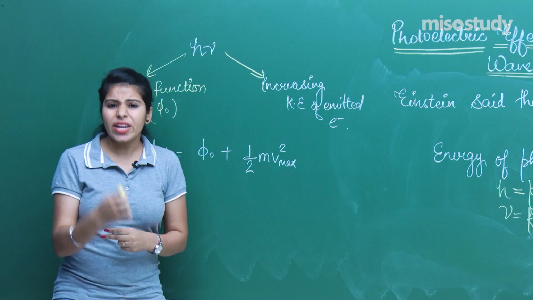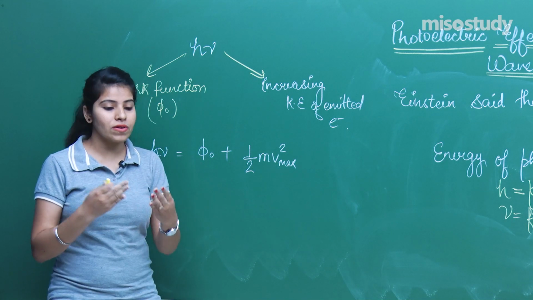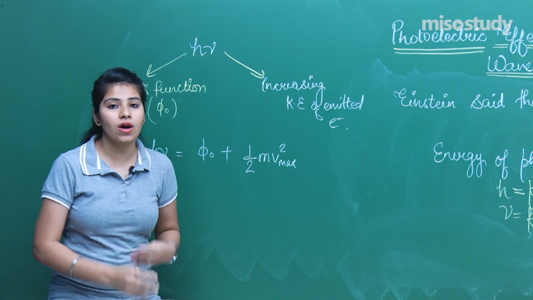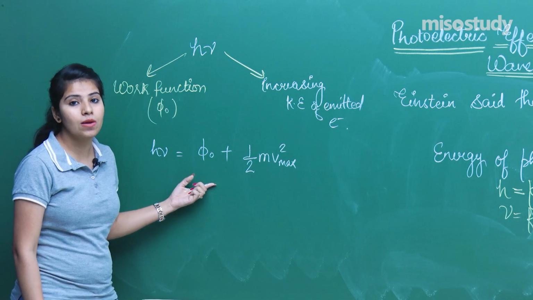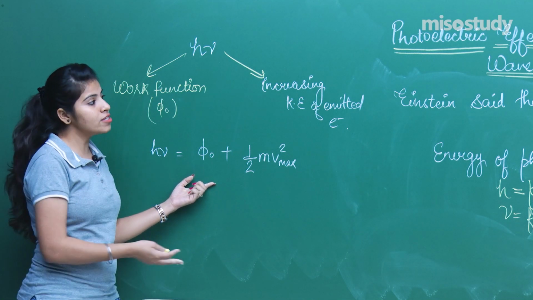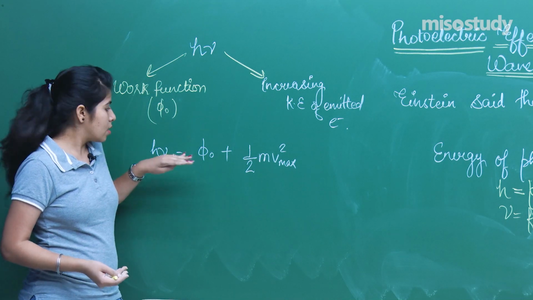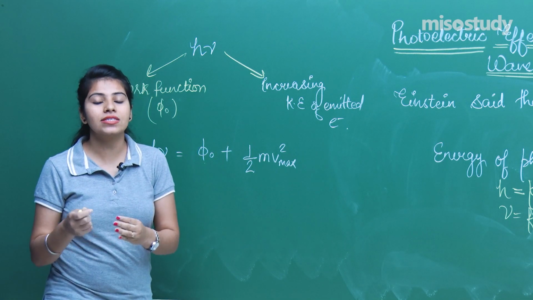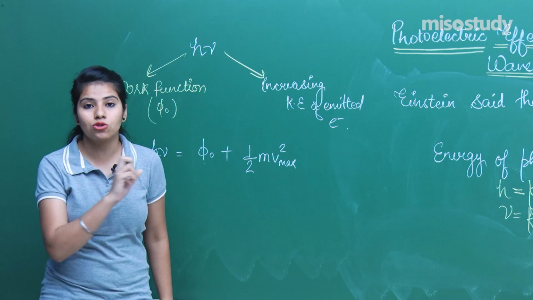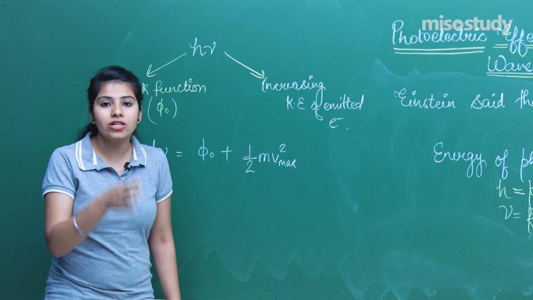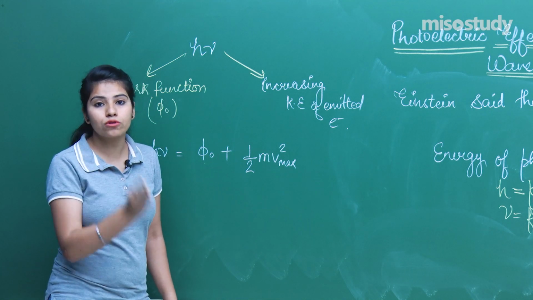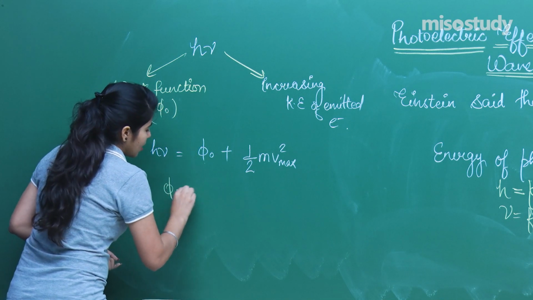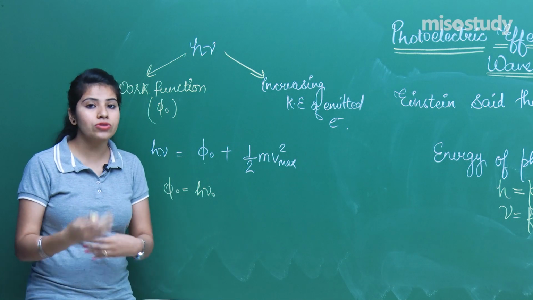This is a very important equation, because whether you are solving questions for JEE Main, CBSE, NEET, or JEE Advanced, this equation will be very helpful to you, because the questions from this chapter will be based on this sole equation. You can write this equation in another form, because if the frequency of the incident light is nu naught, that means the threshold frequency, at that time the energy associated with that particular photon will be h into nu naught. So your work function can be written as h into nu naught, or I should tell you in another form,